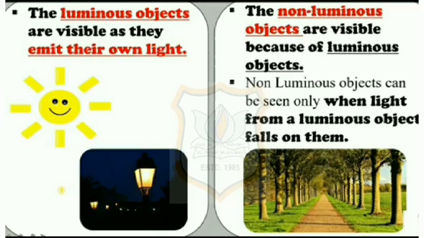So, the luminous objects are visible as they emit their own light. You can see the sun. The non-luminous objects are visible because of luminous objects. Non-luminous objects can be seen only when light from a luminous object